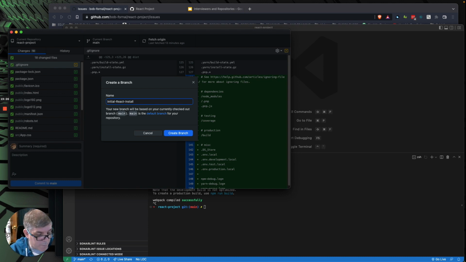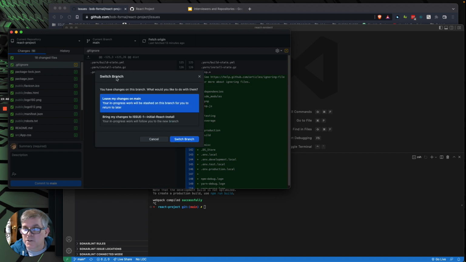Okay, proper naming to me is you have the name of the card, double dash, and some description. The description does not have to match the card exactly. It helps if the core is there. Okay, but that gives you enough to work on from both sides of the process. So I'm going to create that branch, and here's where the cool part is, because I had this on the wrong branch. I can bring my changes over to the new branch.